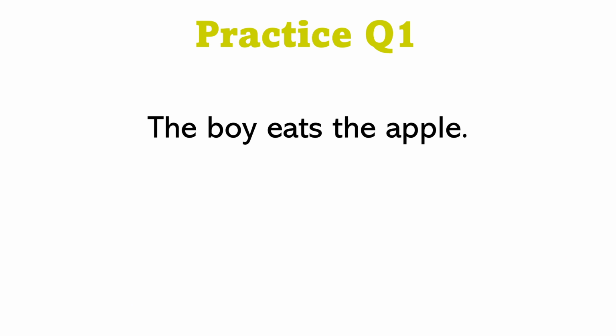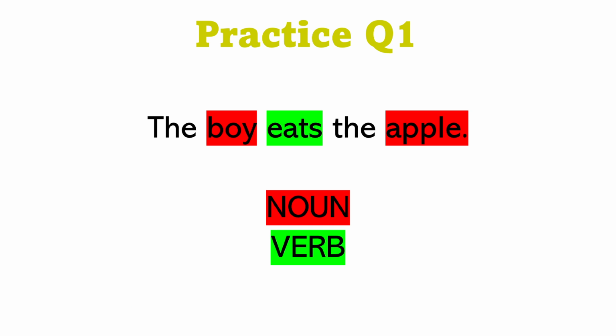We'll do a few practice questions. As I said, nouns are things, verbs are actions. I want you to do this with me. Practice question 1: the boy eats the apple. Identify every word that's a noun in that sentence, and every word that's a verb. I'll give you a second. You can pause the video if you'd like. Boy and apple are nouns because they're physical things, and eat is the verb. It's eats in this one, but eating is a verb because you're doing something.